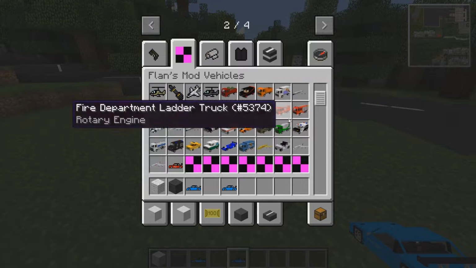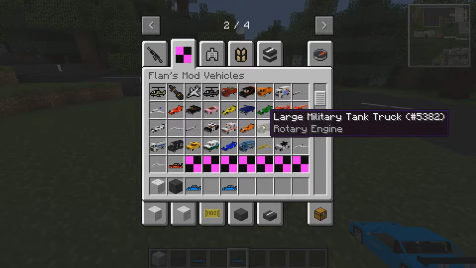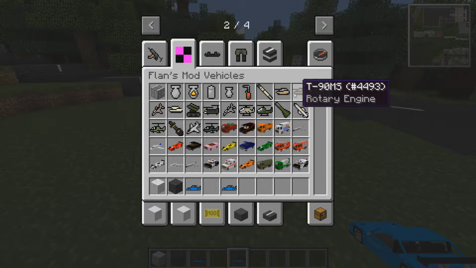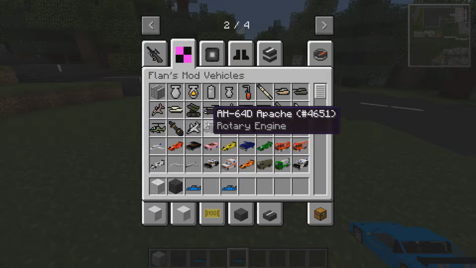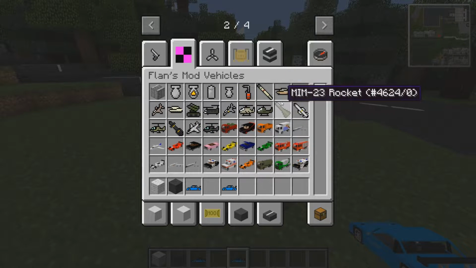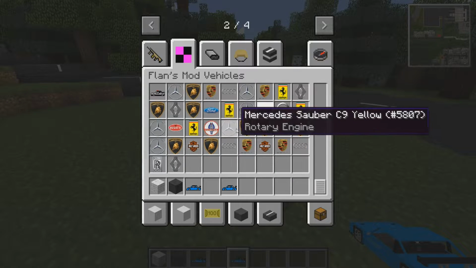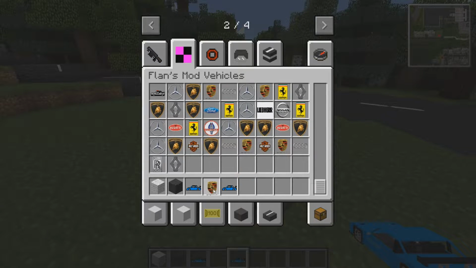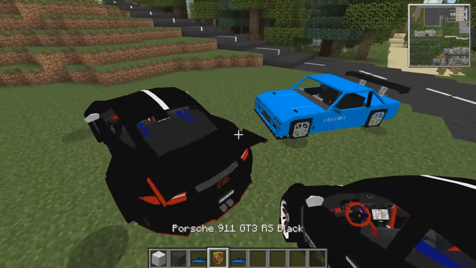This is then another mod. Again, I can't remember what mod that one is. We'll have a look in a bit. And then this one is another mod. I don't think it's MCHeli. I think that's just basic Flan's, isn't it? And then this one's another mod. I like this mod for the detail that's in the vehicles, but they're just not really...